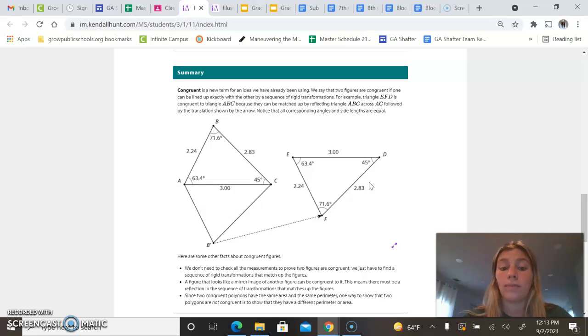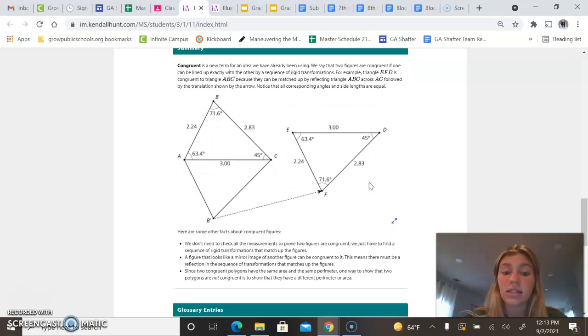Okay, they are equal. Some other facts that we can know about congruent figures are we don't need to check all of the measurements to prove two figures are congruent. We just need to find a sequence of rigid transformations that match up the figures. So if we didn't have any of these measurements, but we had this transformation of a reflection then a translation, we could still say with confidence that triangle ABC is congruent to triangle DEF just by the sequence of rigid